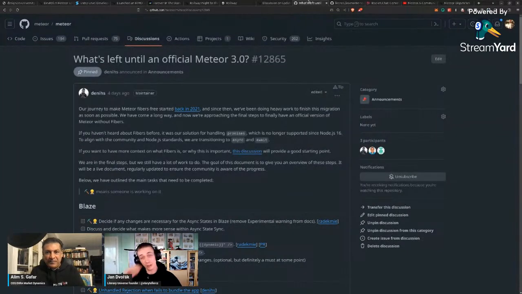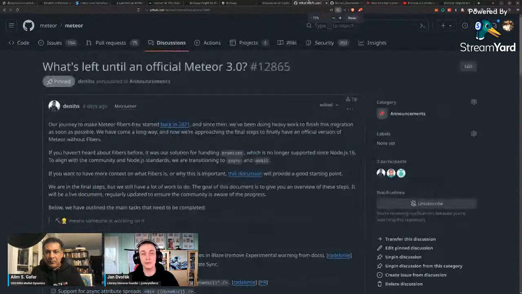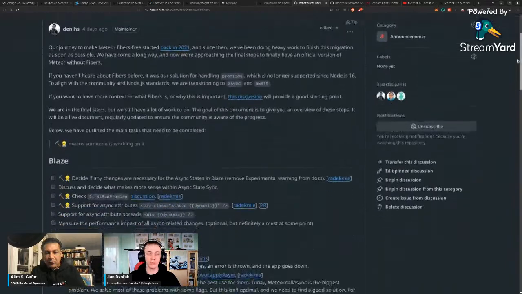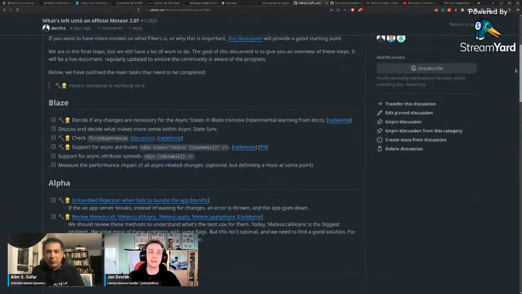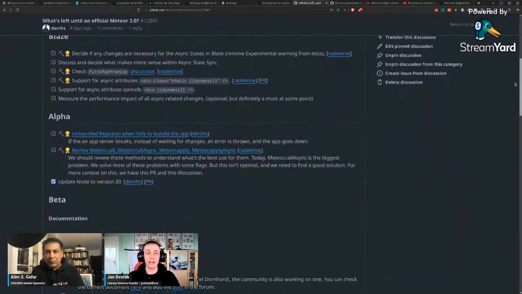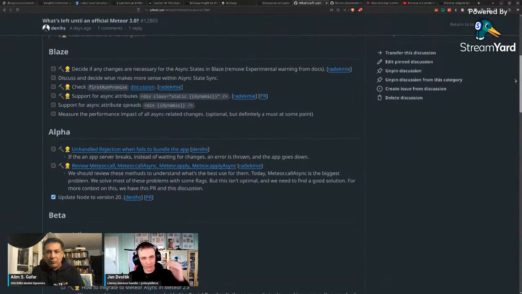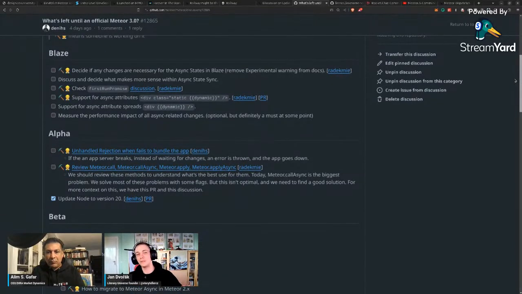The next one is, of course, getting back to what's happening with Meteor itself. We have a new topic about what's left until an official Meteor 3.0 version, which pretty much takes over the normal weekly release information. It's very nice, from Nielsen, outlining here